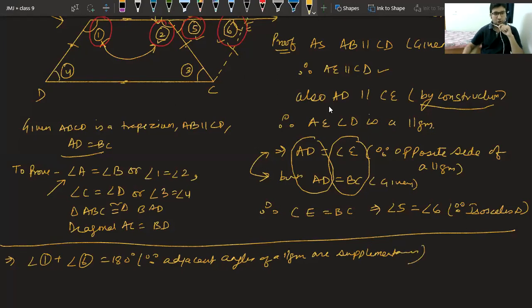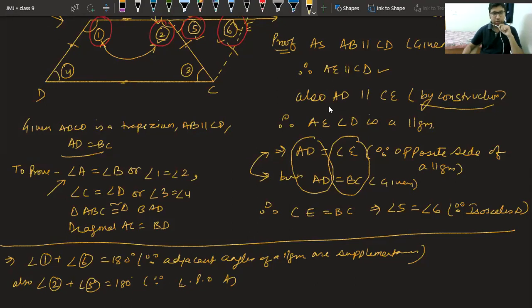Second thing, also angle 2 plus angle 5 is equal to 180 degrees because they are linear pairs of angles. Class, we all know if the right-hand side is equal, that means the left-hand side is also equal. Now I think you are able to understand how we are approaching. It was not able to be proved directly, so we are proving it indirectly. Class, is it clear till now?